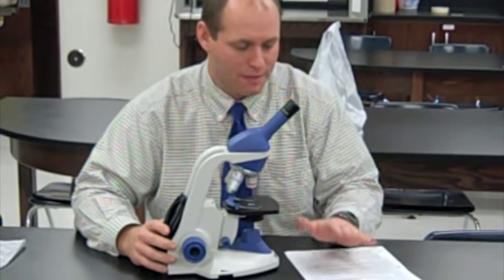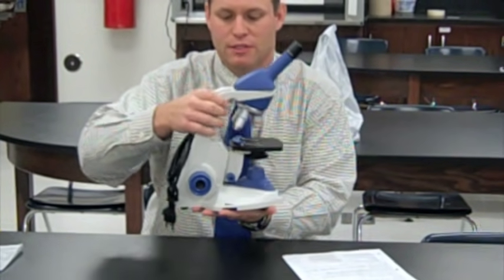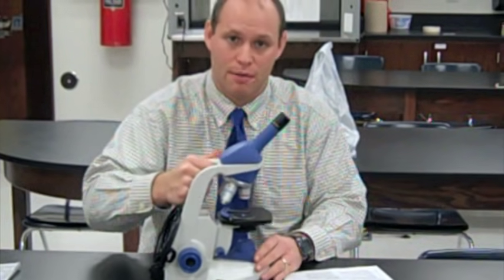Okay. First, we're going to begin with how to carry the microscope. As displayed in class, you have one hand under the base and one hand on the arm. Since we're working on the tables, you shouldn't have to carry them around too much anyway, but just in case